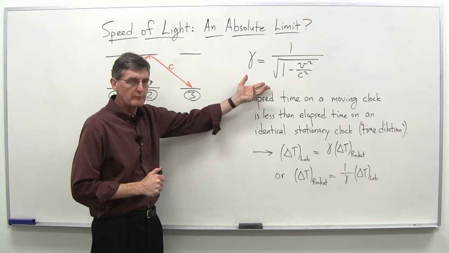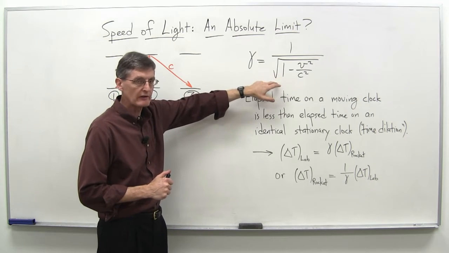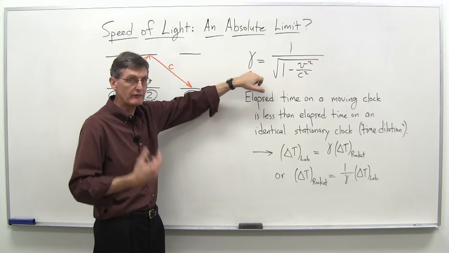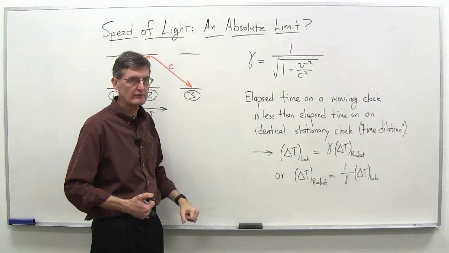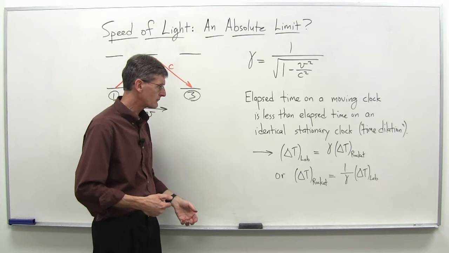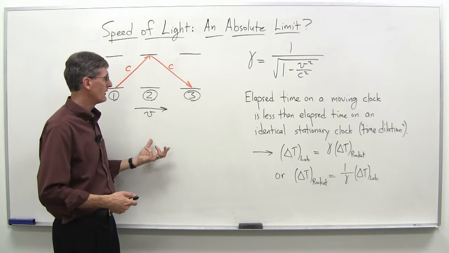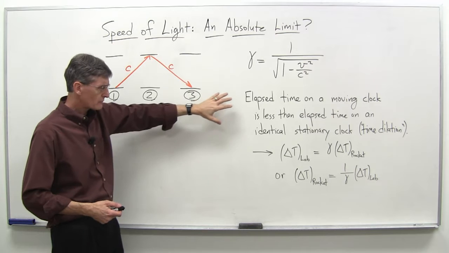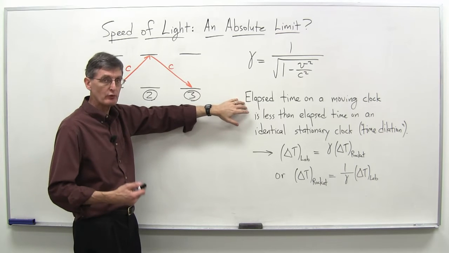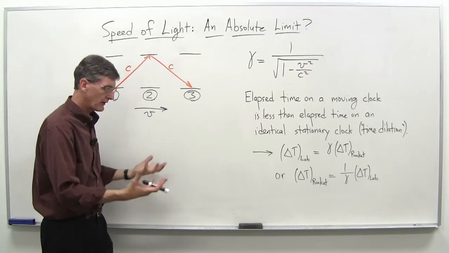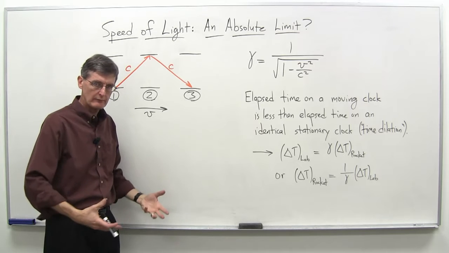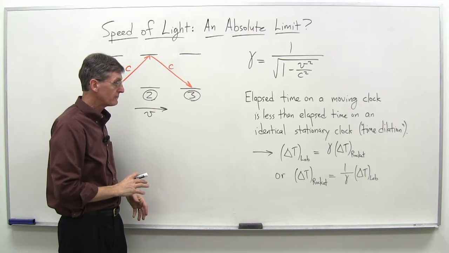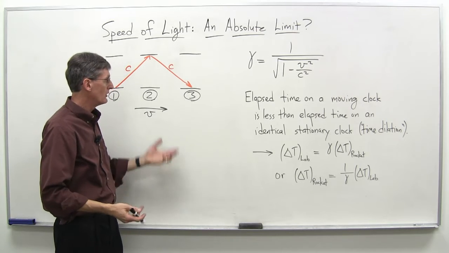But for our purposes, the gamma factor, the Lorentz factor, is indicating you can't get up to c. You can get close to c, in which case gamma becomes very, very large, but you can never quite get to c because then it becomes infinite. Now, let's see how that factors in with our light clock example. Remember, from the light clock, we found the elapsed time on a moving clock. We've got two identical clocks. Maybe Alice is here with me, and we see Bob going by with his light clock, and we compare the two.